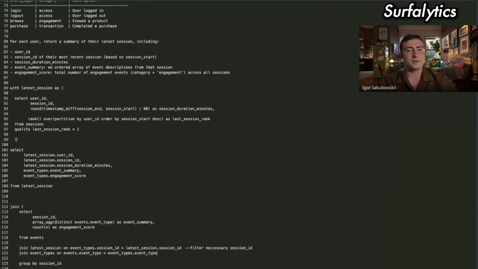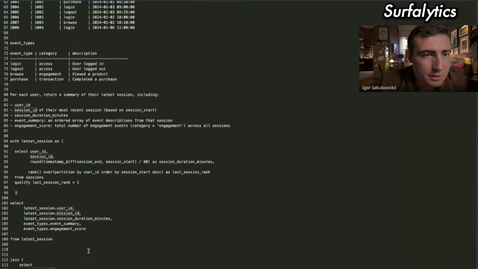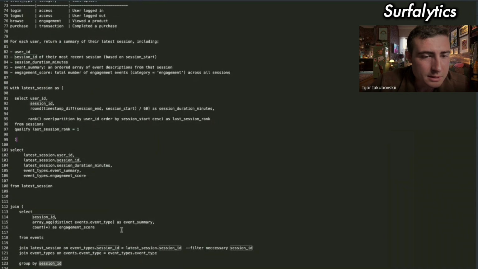Yeah, probably this is a better solution. Join, yeah, and group by session ID for each user, because we found all last session ID and yeah, group count, engagement score.